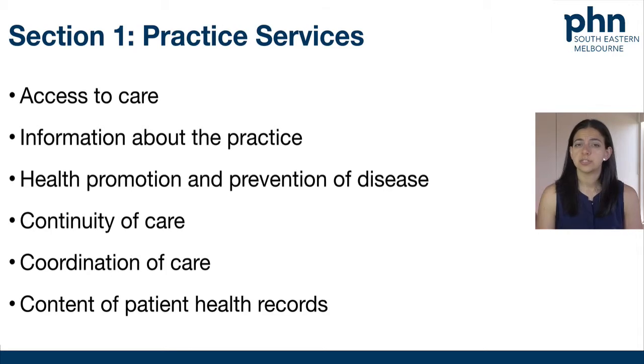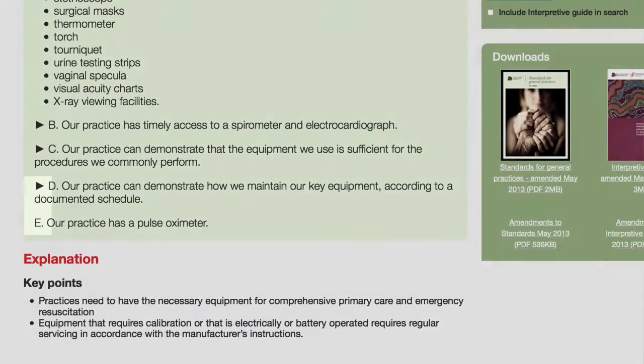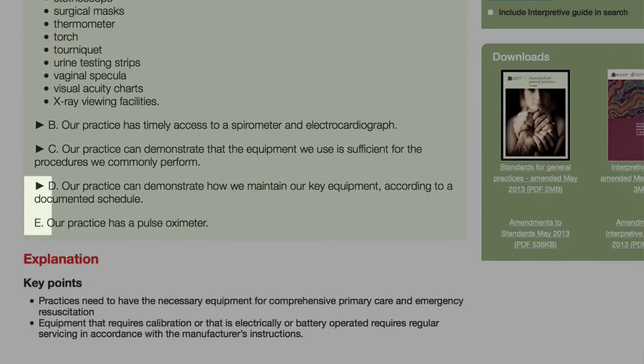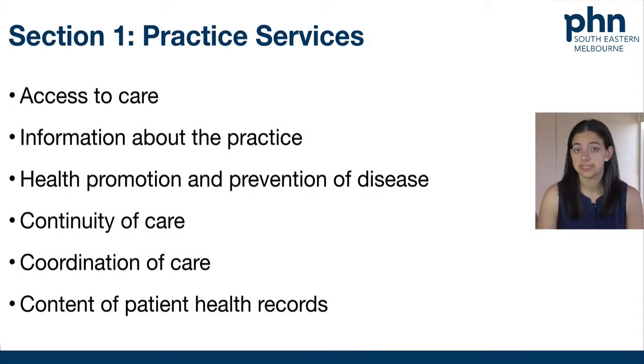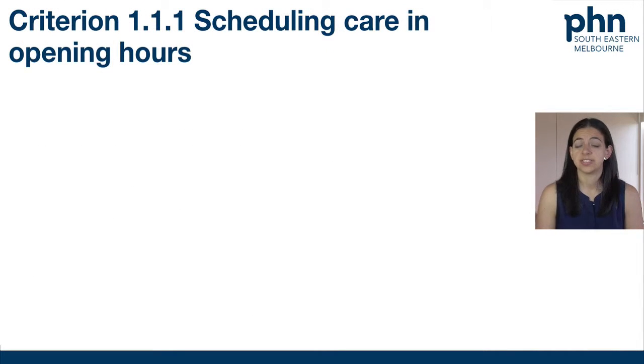You will also notice as you go through the standards that some have a triangle, which represents that those indicators are required, and some don't have the triangle, which means those indicators are recommended but not essential in order to successfully gain an accredited status. The key criterion and indicators worth a special mention as part of this section include